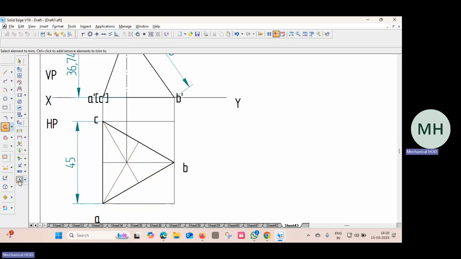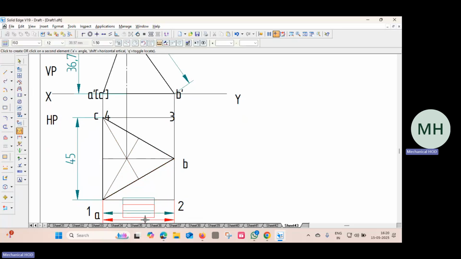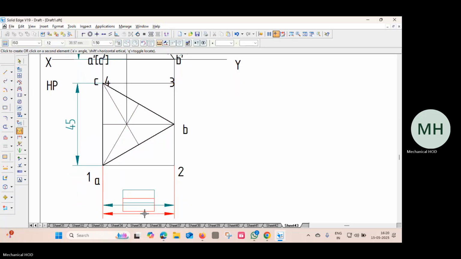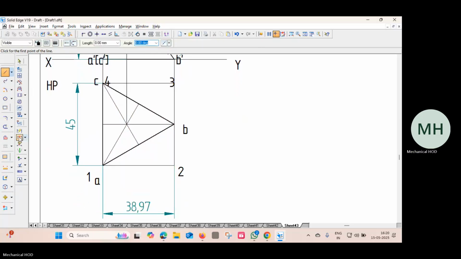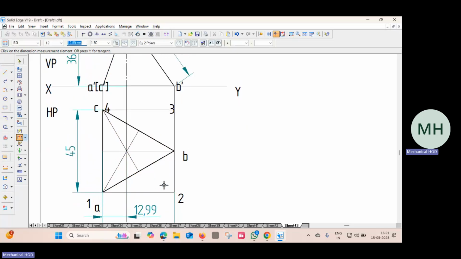Then let us name it. This is 1, 2, 3, and 4. Find out this distance AB, which is 1 and 2, 38.97. Find out the distance between this point and this point. Okay, with this we will start the